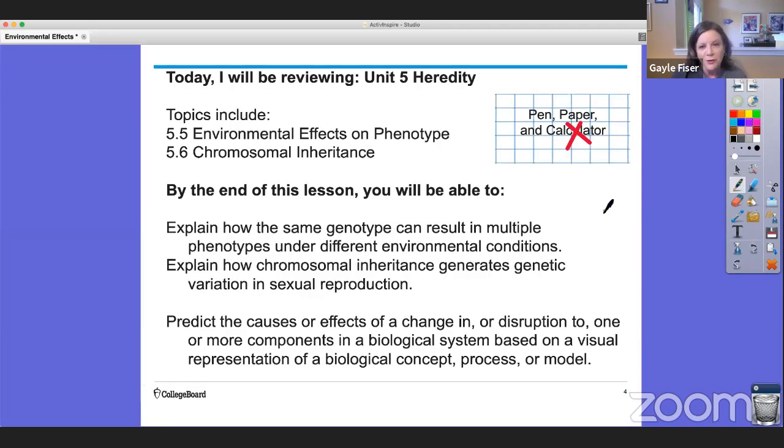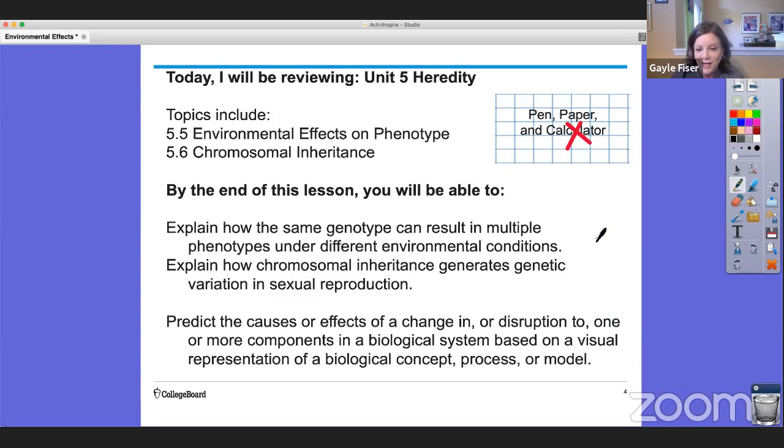Today I'll be reviewing Unit 5, Heredity. In fact, it'll be the last two sections of the unit, topics 5.5 and 5.6, environmental effects on phenotype and chromosomal inheritance. By the end of this lesson, you will be able to explain how the same genotype can result in multiple phenotypes under different environmental conditions,